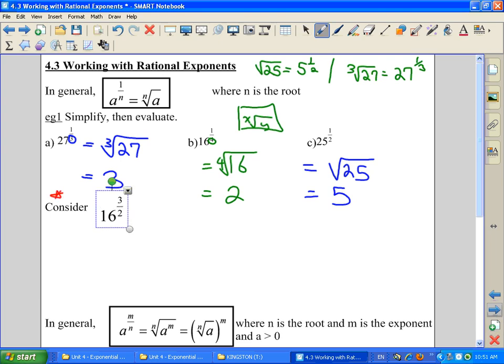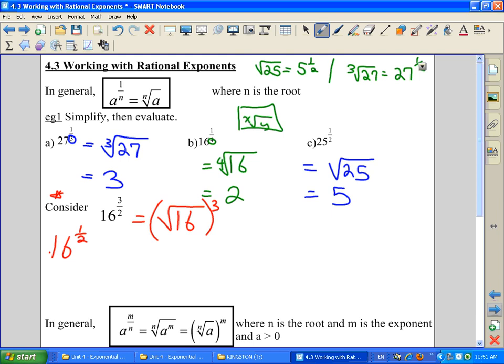3 over 2. Okay? Well, what do I know? I already know, ladies and gentlemen, that the 2 at the denominator means the square root of 16. So I know that already, because that's the second root. But then to apply the 3, it's just going to be raised to the power of 3. So basically what I'm doing, guys, is I'm splitting up